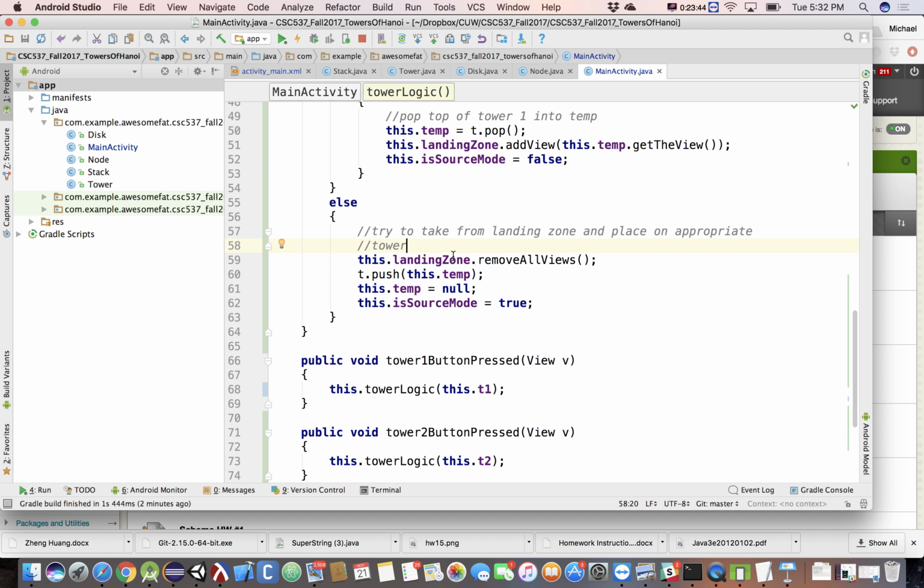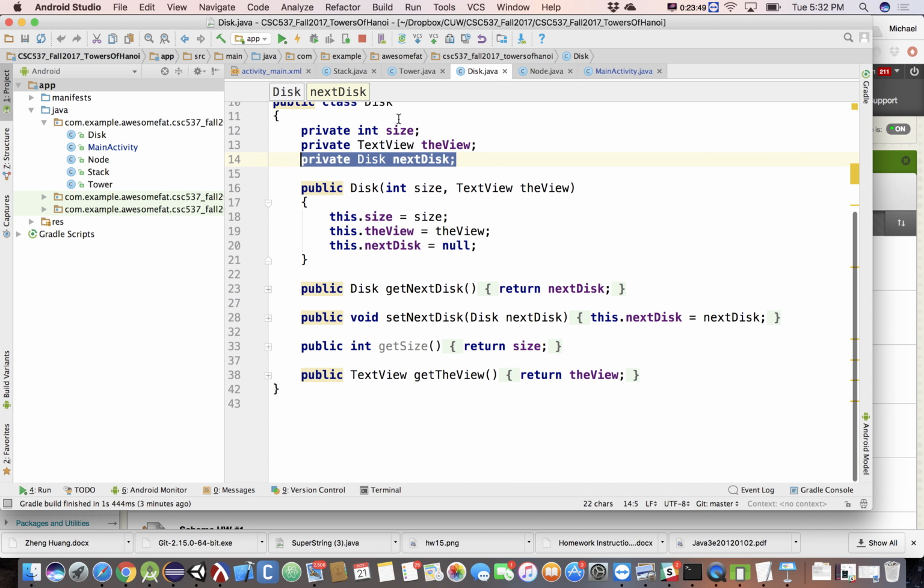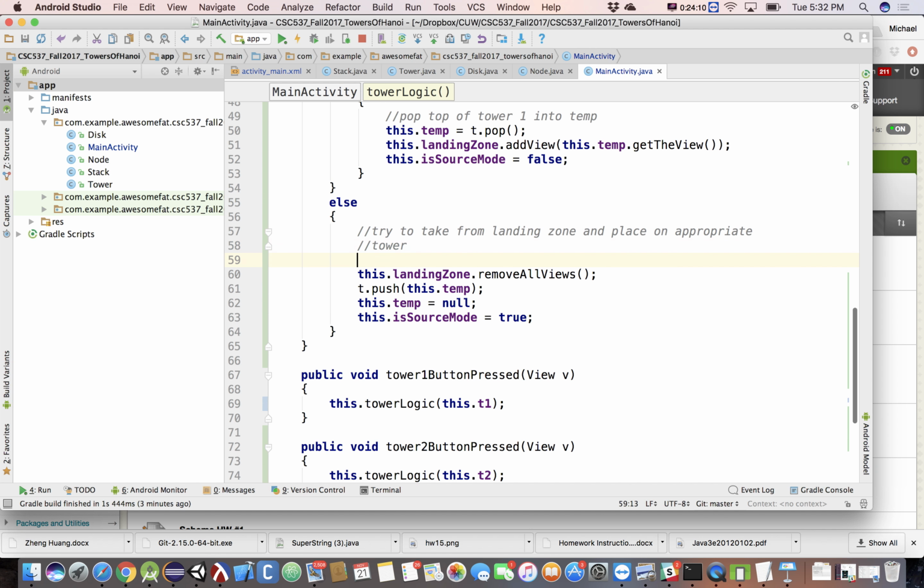So I already know that I have a disk here that has a size, right? If we go to our disk stored in temp, this guy has a size, and I have a get size, so I can get his size. I'm allowed to push this guy as long as his size is less than the size of the disk at the top of my destination tower. All right, so we can ask the question like this. We can say, if t.peak is not equal to null, so if there's a disk there,